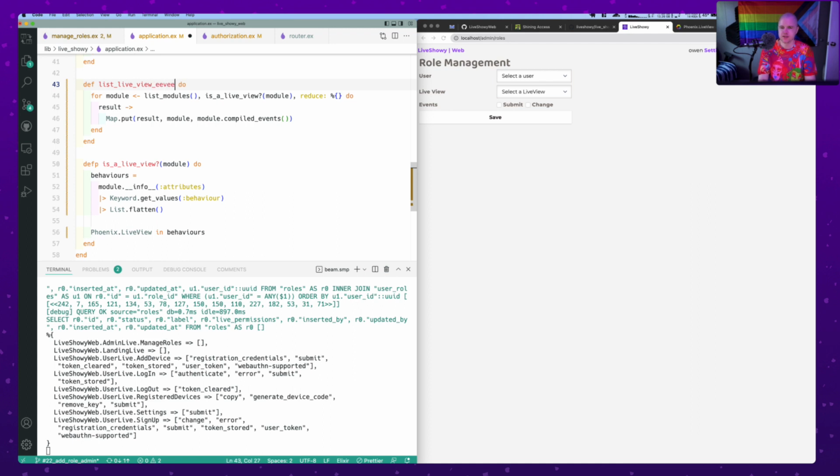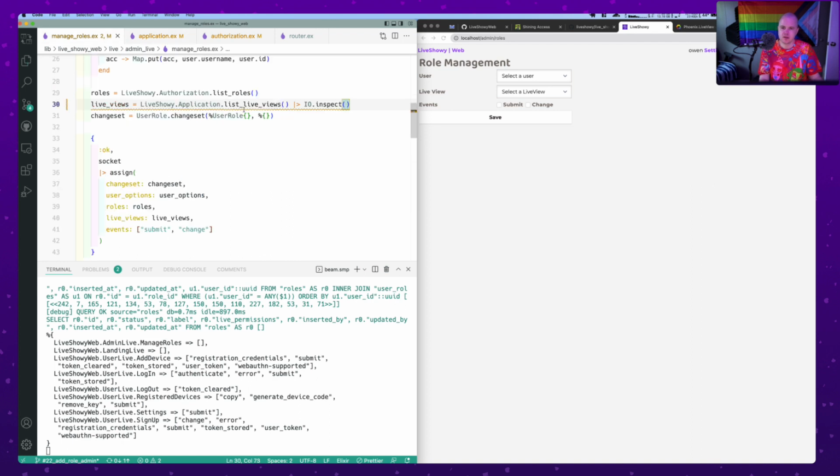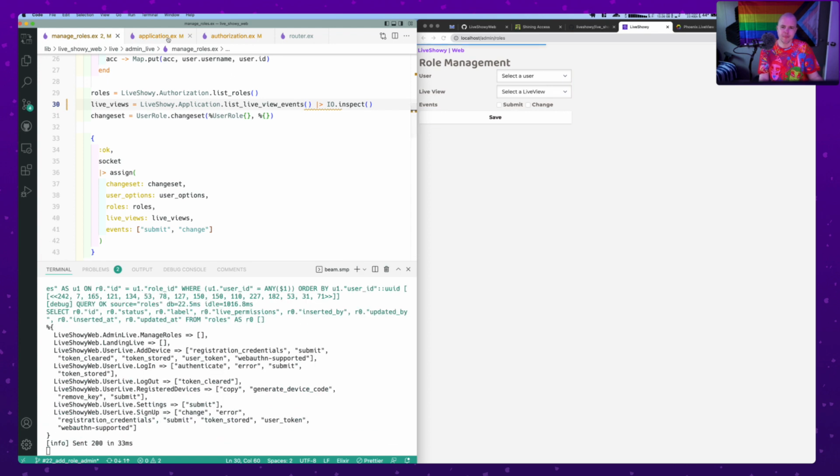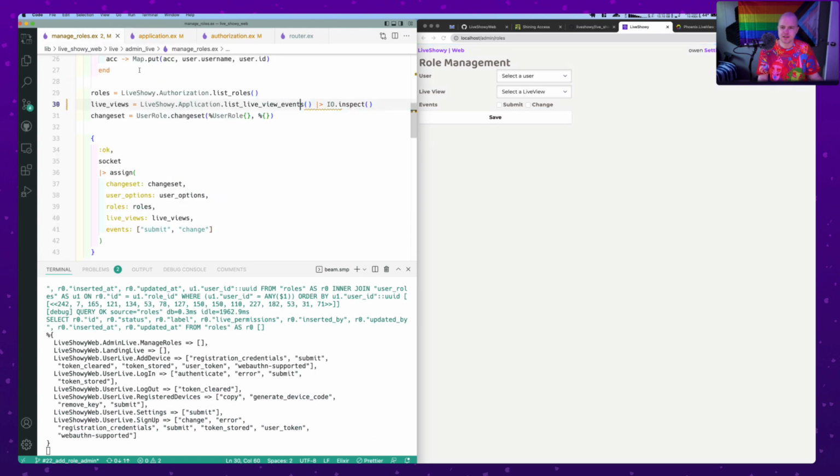Let's just call it LiveView events. There we go. List. So I think that makes sense. LiveShowy application list LiveView events. That returns a map of the module LiveView and then the events. Cool. So someone mentioned earlier that